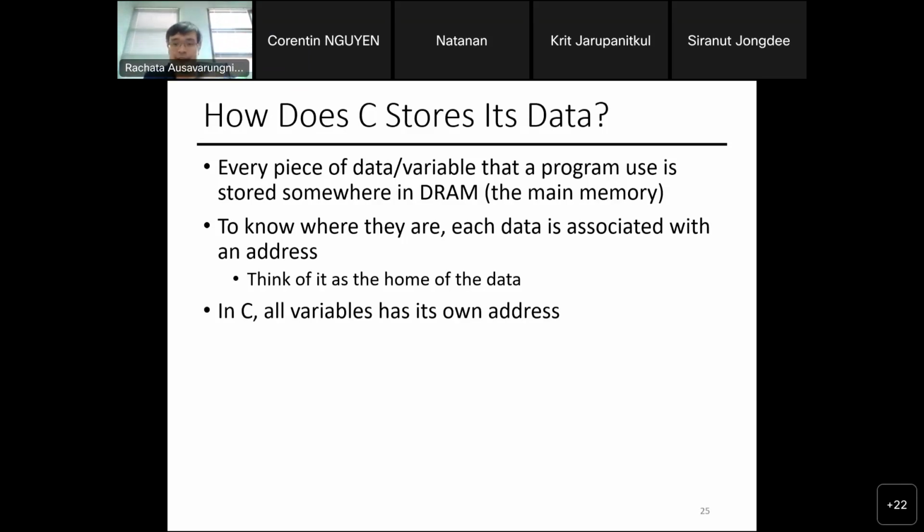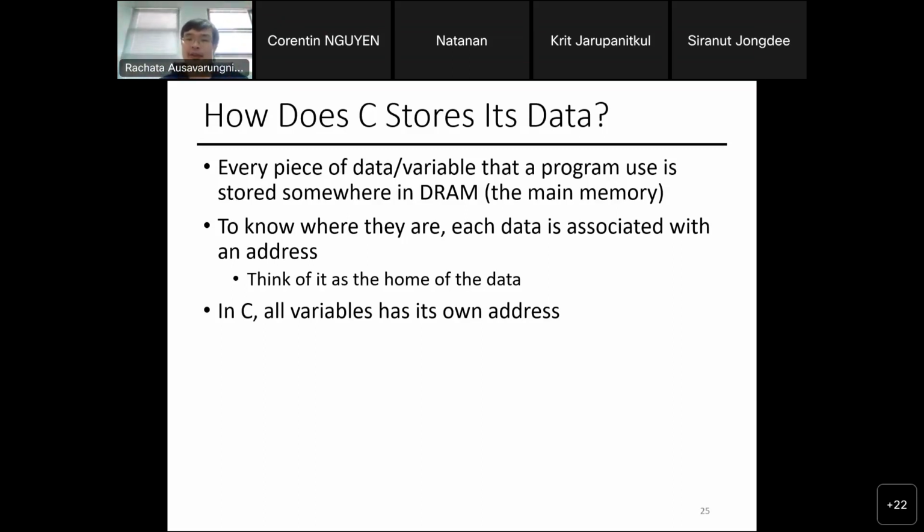Exactly. From the context of the computer, this is awesome. So that the computer knows where to retrieve the data, right? And the same thing with humans, right? We need an address so that I can go and get to that location, right? Salaya, for example, has this address, so that if you've never been to Salaya before, you look at the address, you know exactly where you have to go to get to Salaya, right?